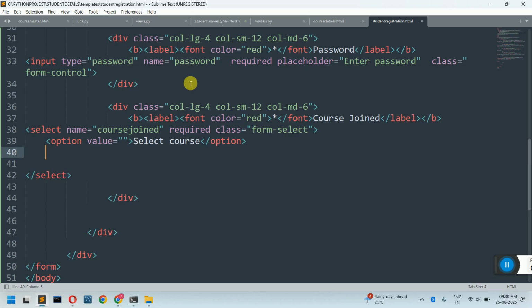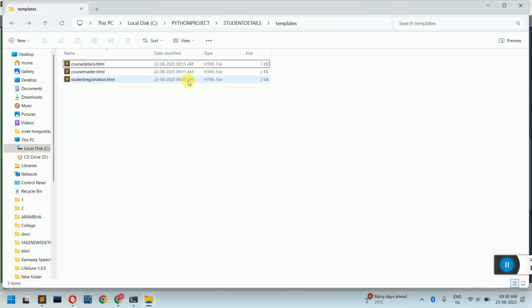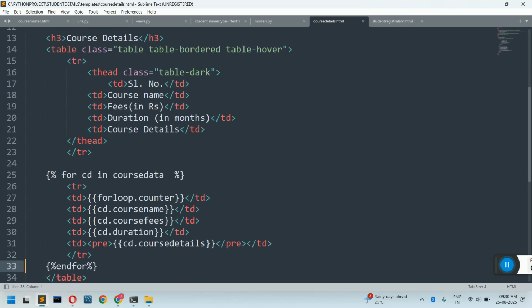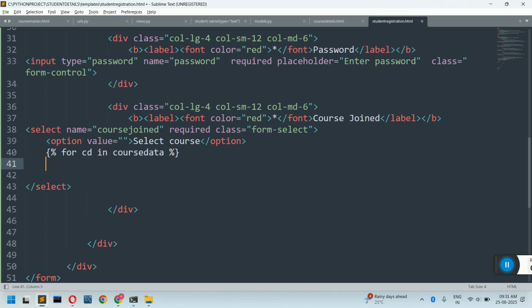It is something like what you have done for the display code itself. If you remember, I'll just show you the course details. Templates में जाओ, open the course details. In the course details, you had written this code to display the course data in this. Okay, so we'll use the same method here. कैसे? Very simple. Inside this, for say cd in course data. Course data is a variable which is having all the course details in this case. तो उसका एक ऑब्जेक्ट बनाता हूँ cd बोल के. इसके अंदर